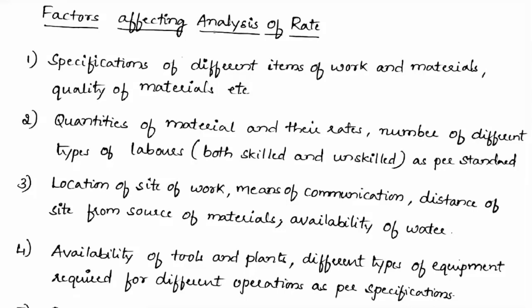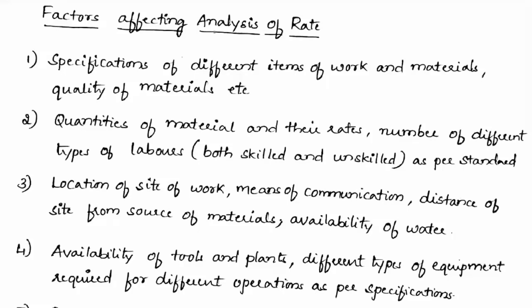If you take the mobile example, right? If you take the storage or hard disk, like 32 GB, 64 GB, 128 GB, the rates are varying. Similarly, if you take RAM, 2 GB, 4 GB, 6 GB, 8 GB, based on the RAM the rates are varying. We have different camera specifications. As the specification of that mobile varies, the cost becomes higher and higher. Similarly, whenever you take any construction item, based on the specification of the material which is being used, the rates are going to vary.